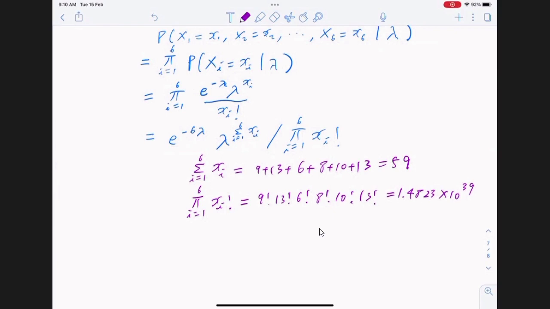So what we need to do is substitute into this expression. What we are asked to compute is this probability when lambda is equal to 10, and this probability when lambda is equal to 12. So we put lambda equal to 10 and all these things into this expression, we get one probability. We put lambda equal to 12 and all these things into this expression, we get another probability. That will be the answer to this question. So for